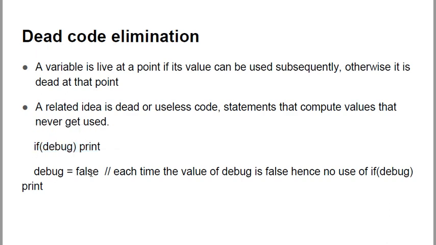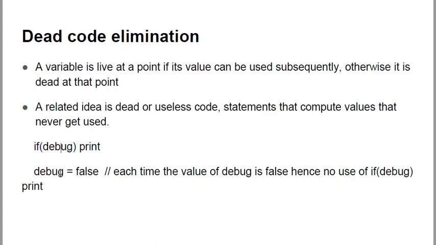If debug is equal to false, always it is assigned, then the value, this if debug print, it will not be of any use, right? So these two lines, if debug print and debug equal to false, they are of no such use. Debug will always be false, and you will not be able to reach this if debug print. If debug equal to false each time, just before this line, if this line is coming first, and after that you come to this line, so this value is never true. Debug is always false. So these two lines become useless.